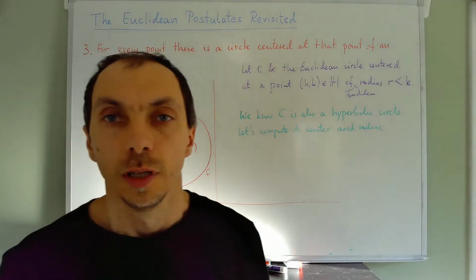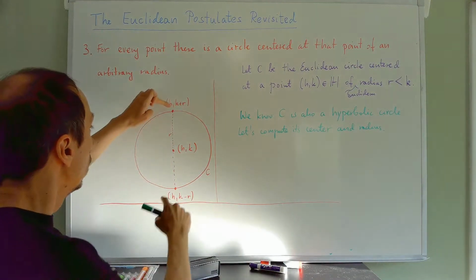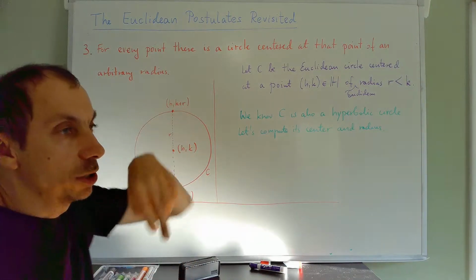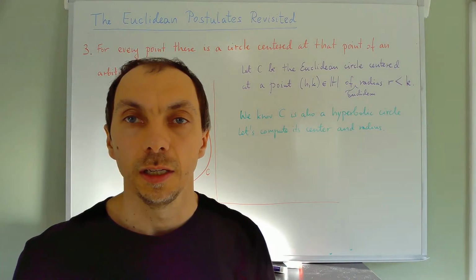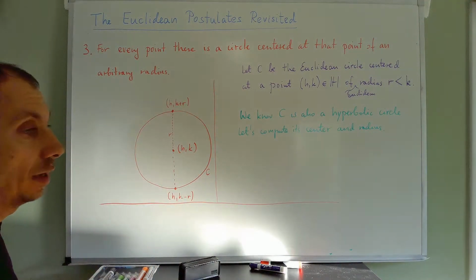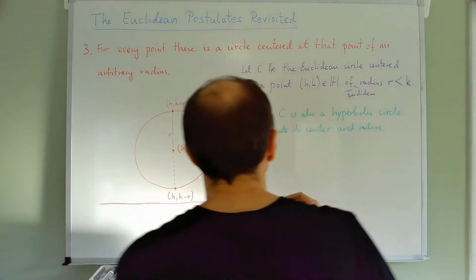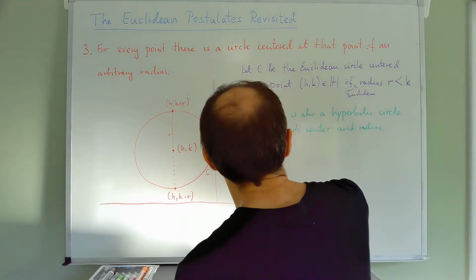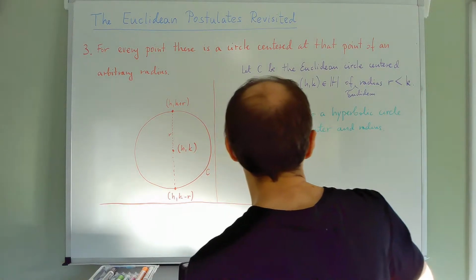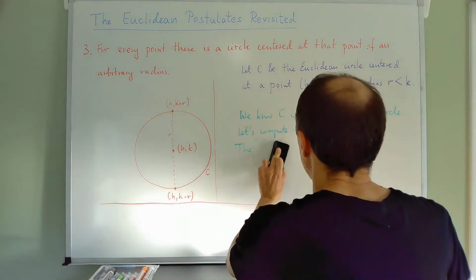If you recall, the midpoint between 2 points vertically aligned from each other is the geometric mean between their y values. So the hyperbolic center,